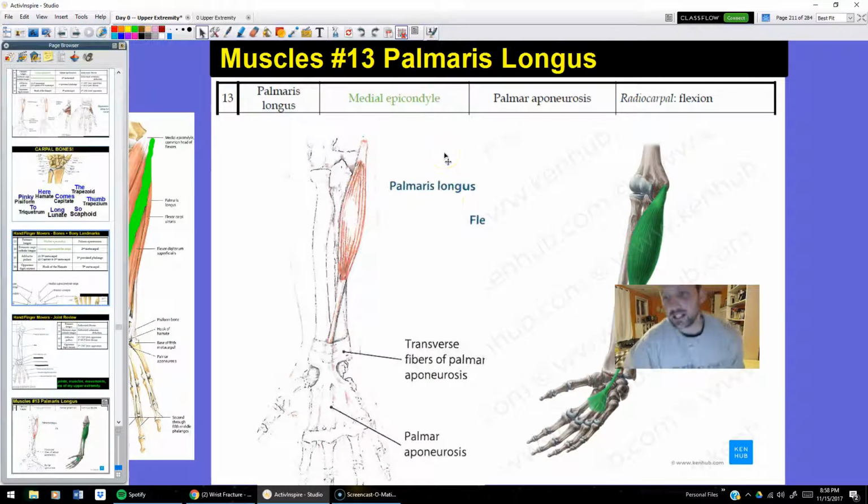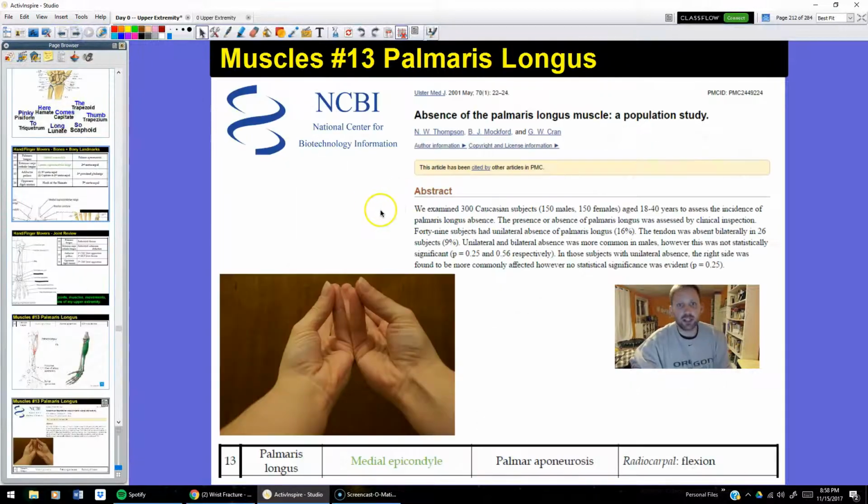Okay, so the first muscle, guys, is the palmaris longus. This is a cool one. Again, he originates on the medial epicondyle, inserts down on this palmar aponeurosis down here, and he primarily does radiocarpal flexion since he crosses that joint. And again, we'll build this guy tomorrow, and we're gonna keep the motion simple. What's unique about this muscle is actually